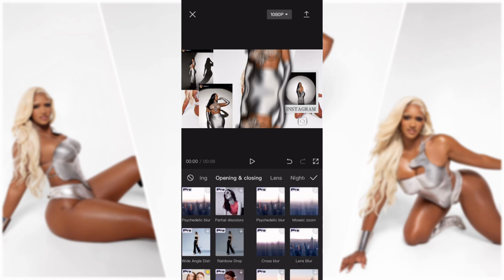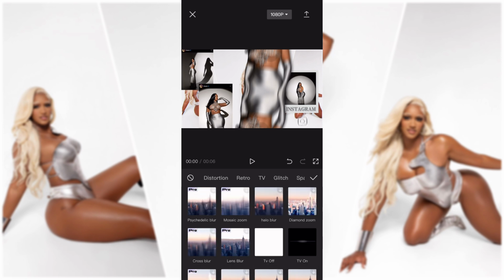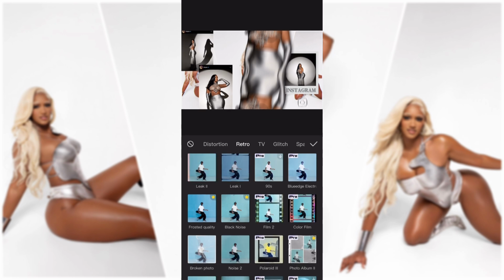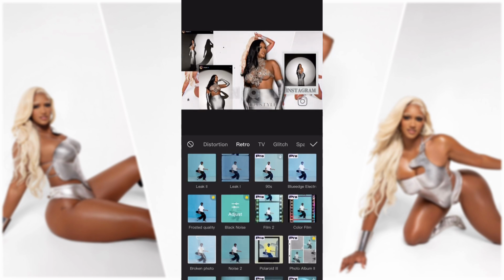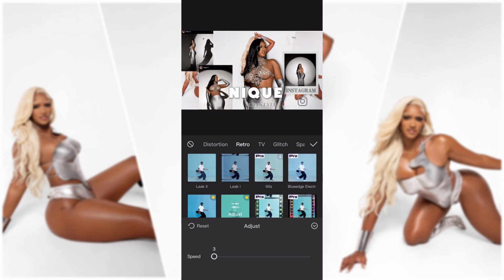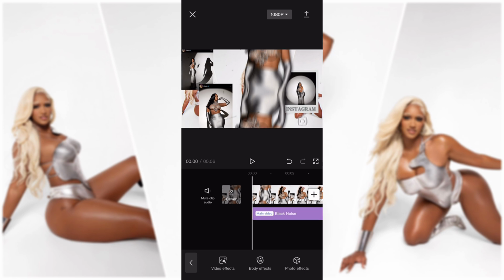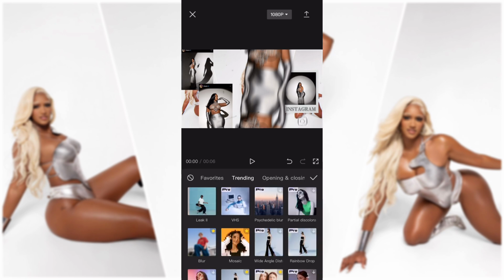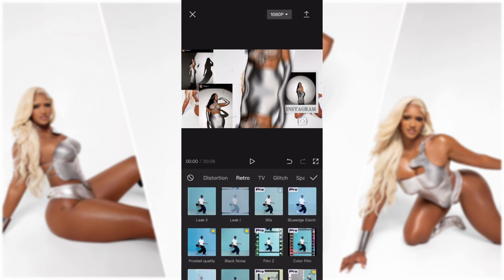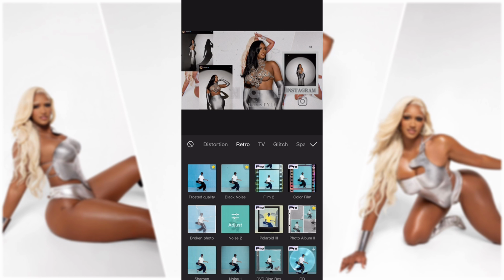I like how it balanced. As you can see, I just deleted it because I felt like it was too much. But this is me going through and adding black noise, because I feel like it was a great balance instead of the leak, because I added it on the back and I didn't want to add it